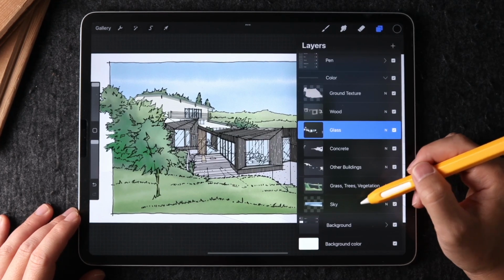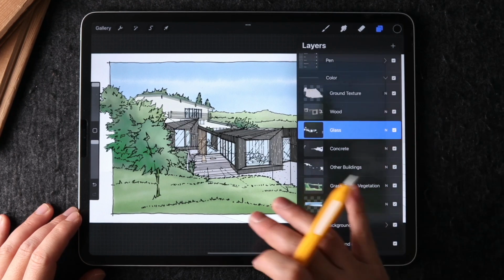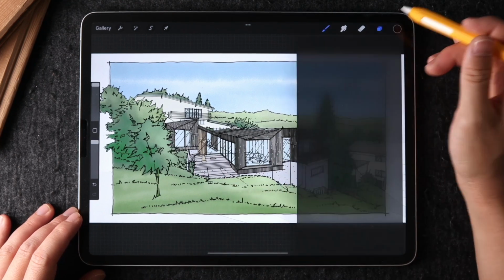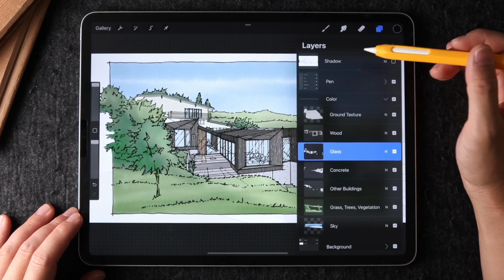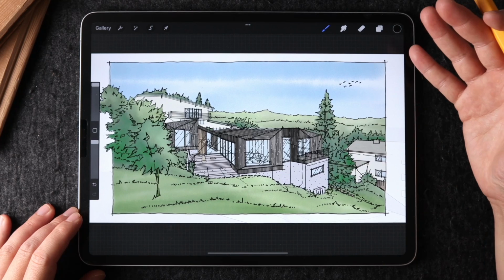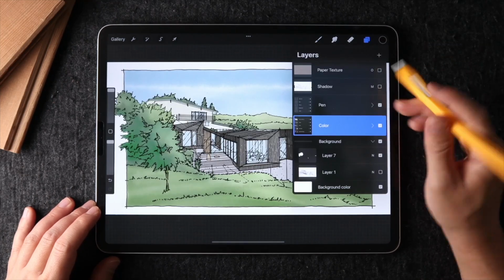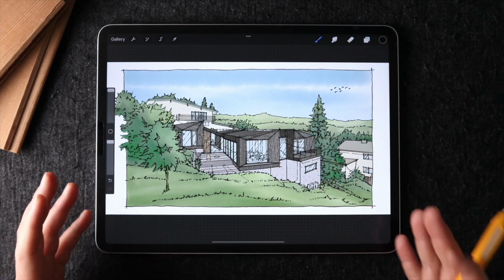I'll have my trees, the skies, the textures, and in here, there aren't people, but if I had entourage like people or dogs, they would be on their own separate layer because they would have a more vibrant color if I were to color it in. So now that we're done with the color and pen, which is really the bulk of the work here,